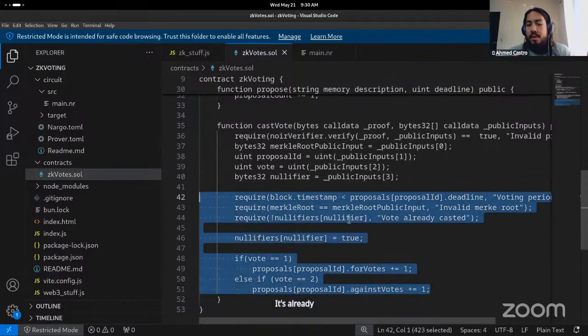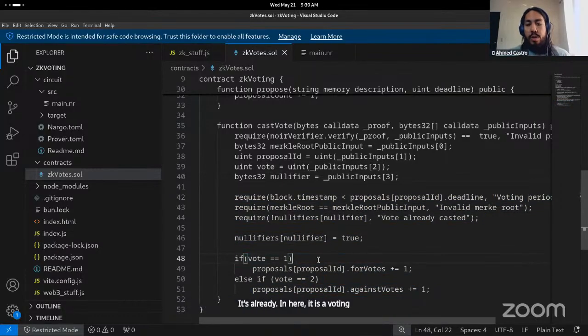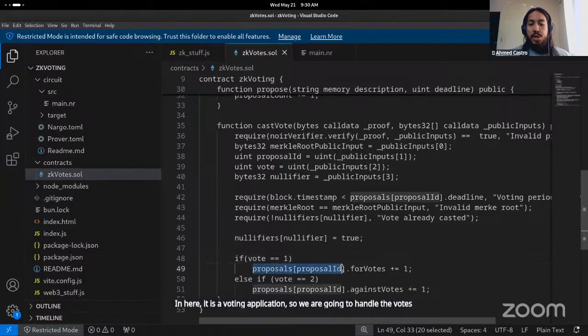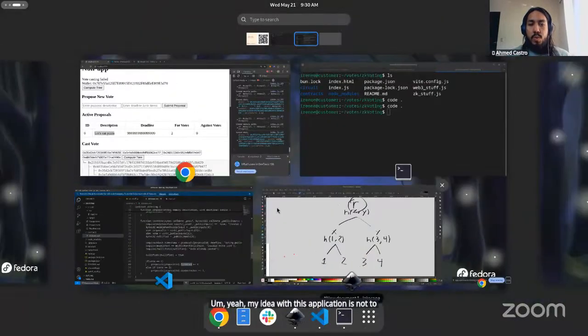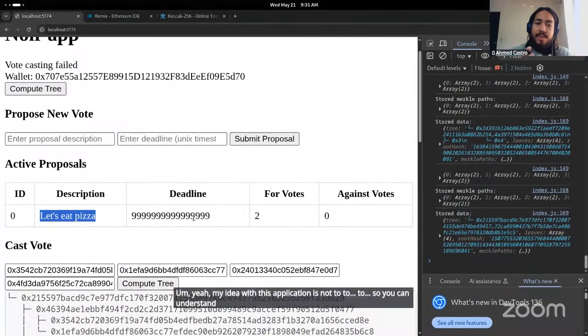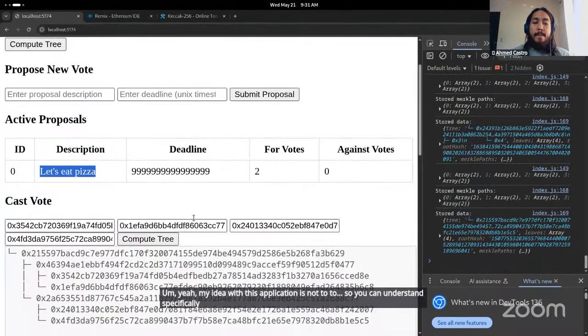In here, it is a voting application, so we are going to handle the votes. We have a hash map of proposals and votes, which you just update based on your type of vote. And that's the idea. My idea with this application is not so that you can understand voting applications specifically,